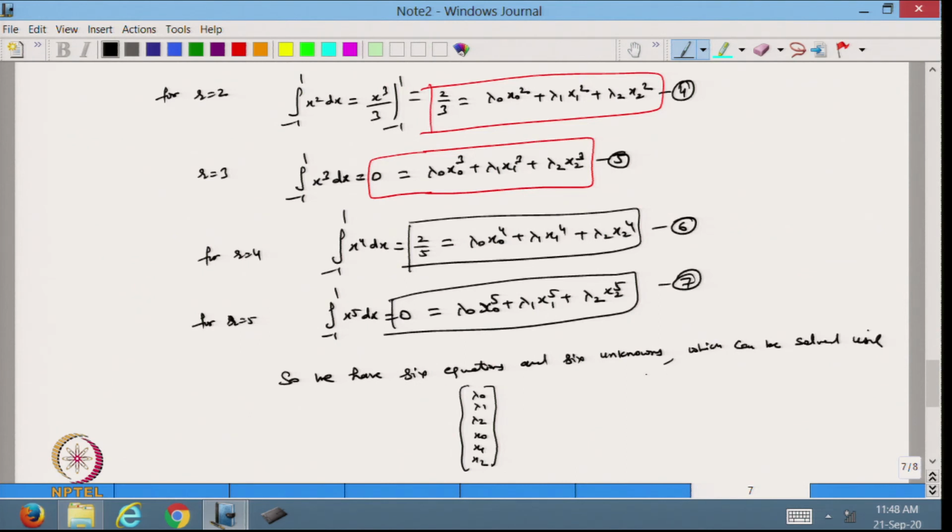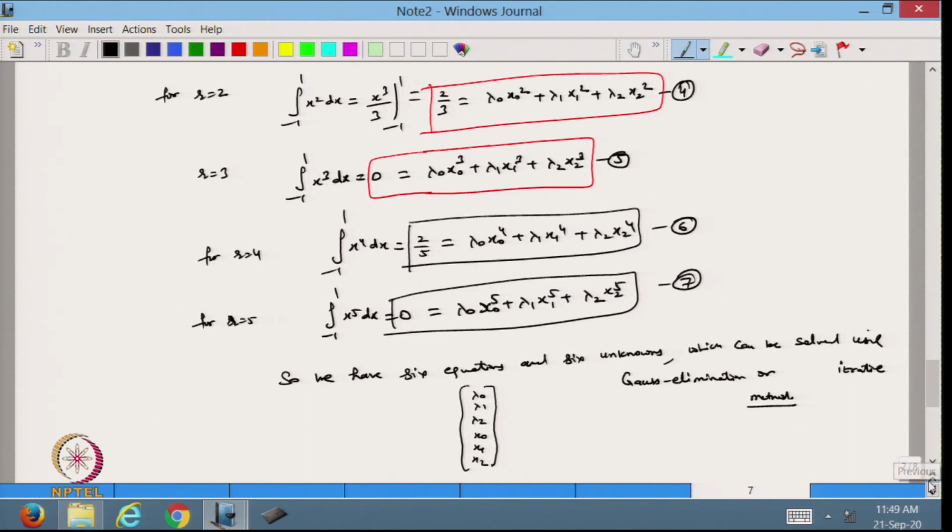using Gauss elimination or other iterative methods, because Gauss elimination is a direct method, it is not an iterative method. Using Gauss elimination or iterative methods. So, this one we can do with the